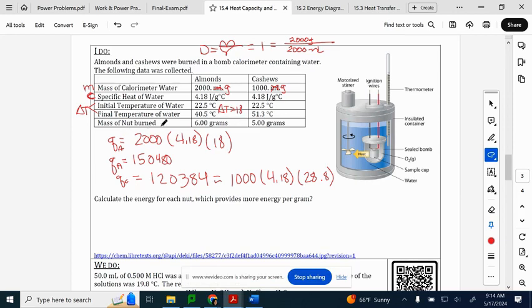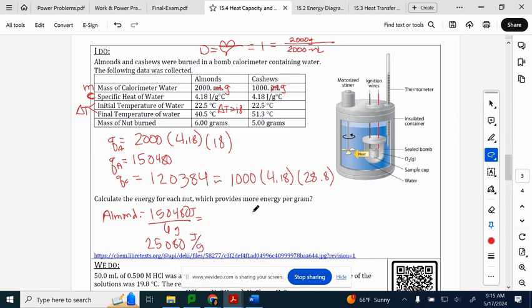Now they wanted to talk about mass of the nut here, so calories, which gave more energy per gram. So we're going to take the energy of our almond. So this is going to be our almond. And we're going to do 15,048.0. We're going to divide it by its mass, which was 6 grams. And they didn't specify units for our value, so we're okay there. So I'm going to take that divided by 6. I'm going to get 25080 joules per